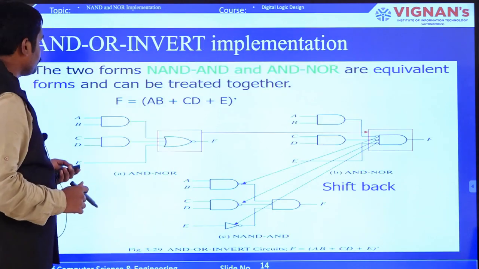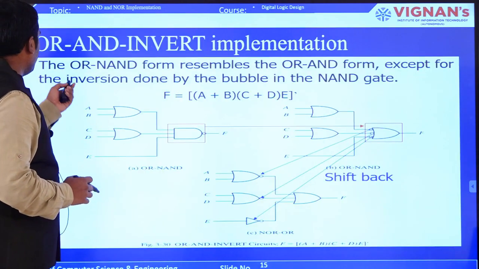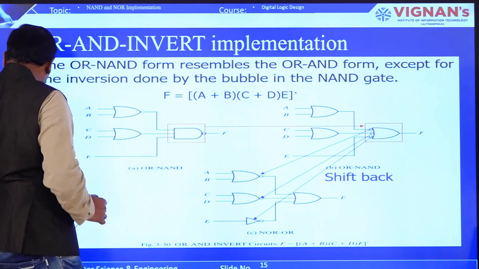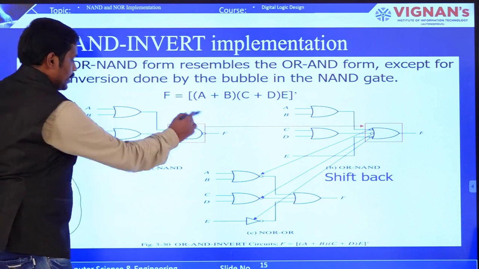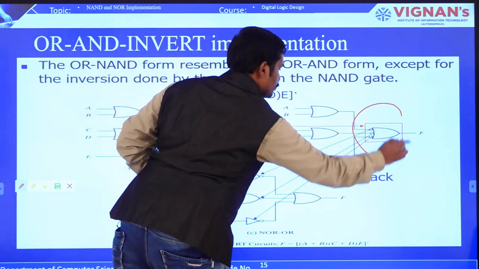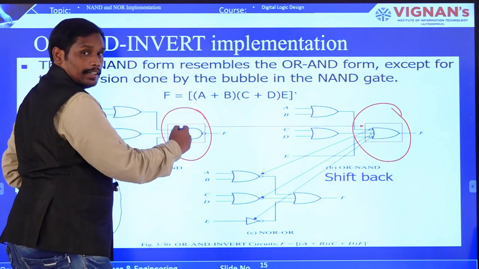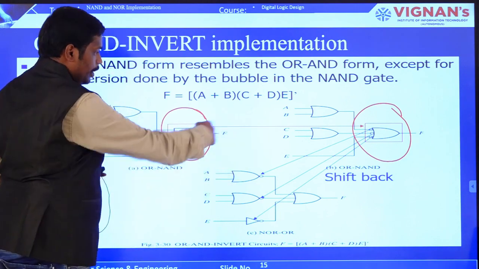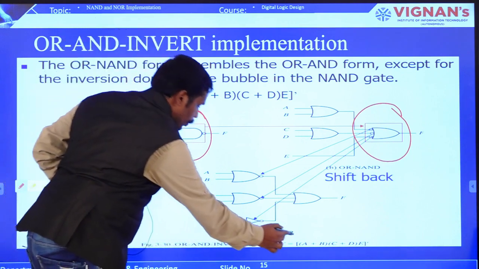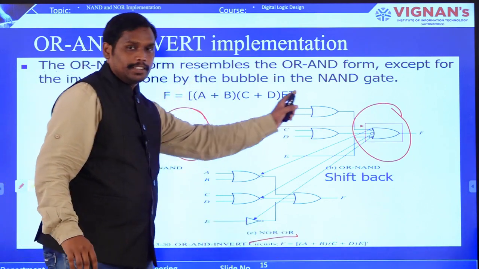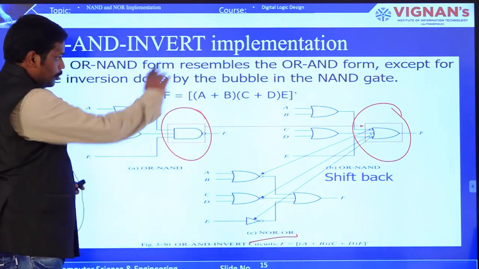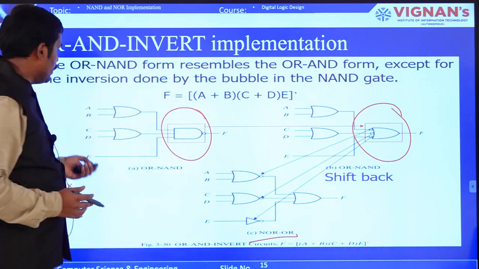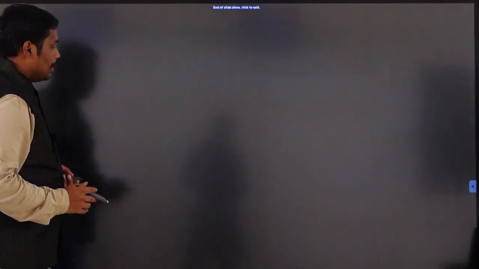Now we'll go to the OR AND inverter. Here you can see this particular symbol is converted to this, because here you can see AND with bubbles and bubbles with OR. The same way you can have this with NOR, which means these symbols can also be converted to NOR. So this is the representation of the same expression with 3 different diagrams. And next, thank you.